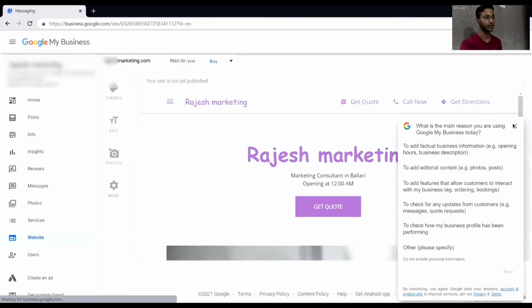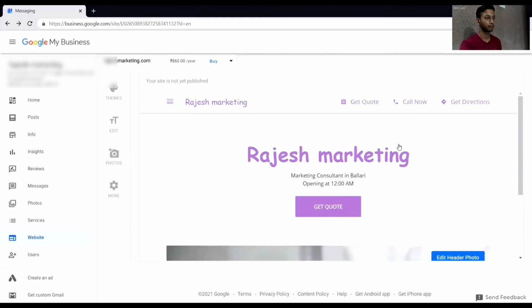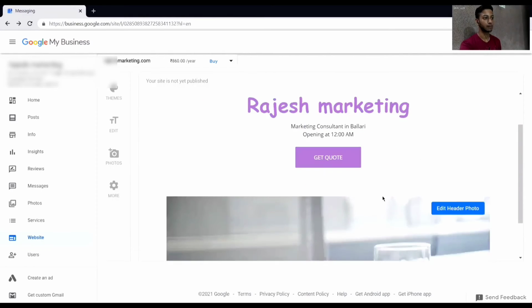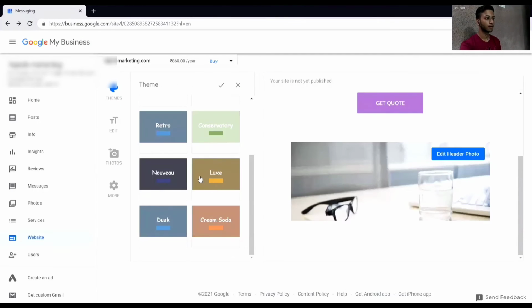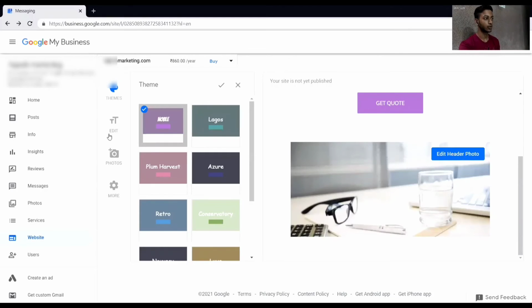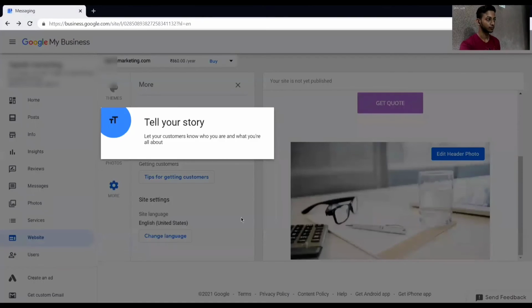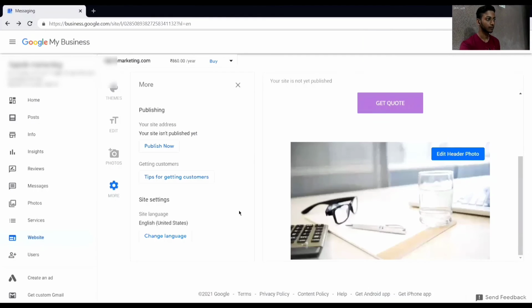Get started. Okay, so see, this is a simple website they have given to us. You can pick a theme from here. There are many themes. You can edit any text. You can add photos. You can also publish from here.